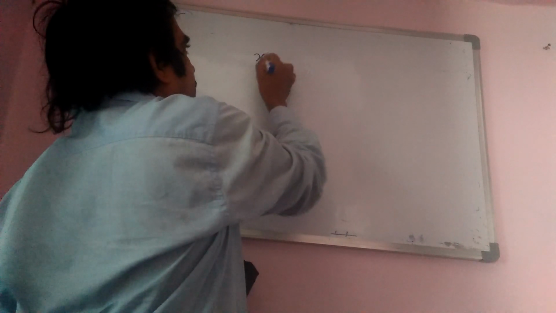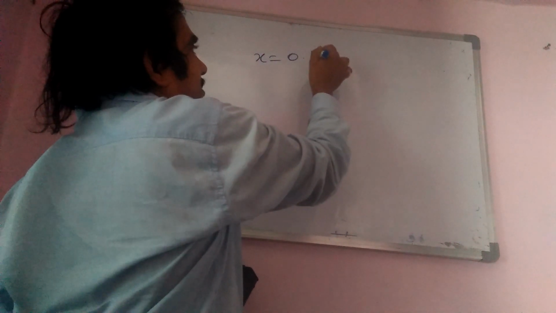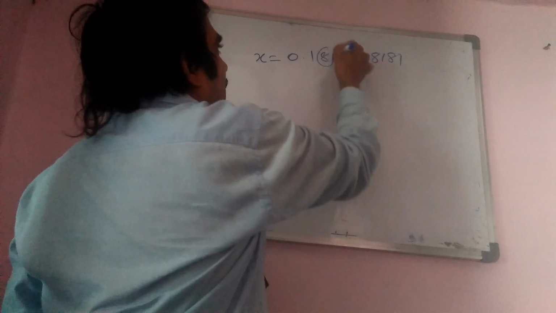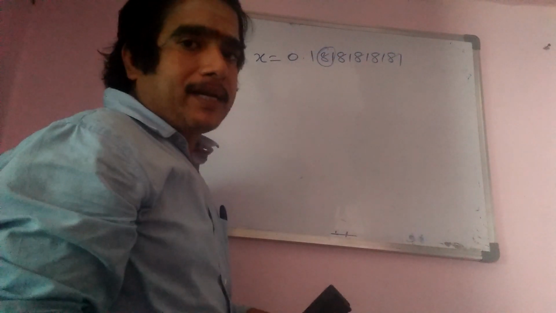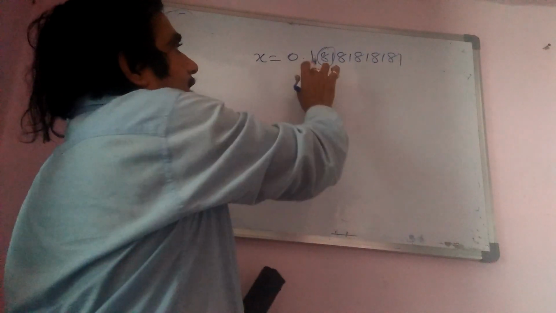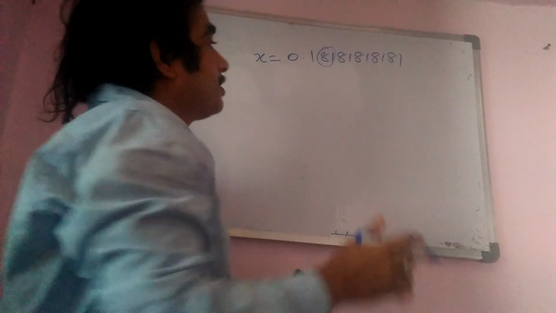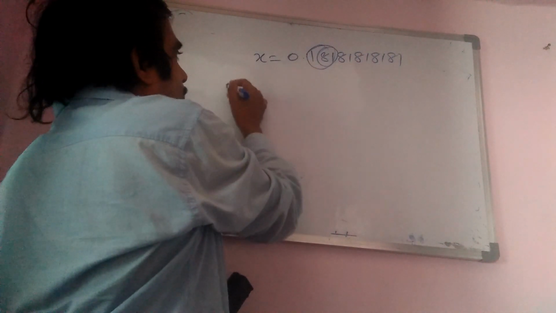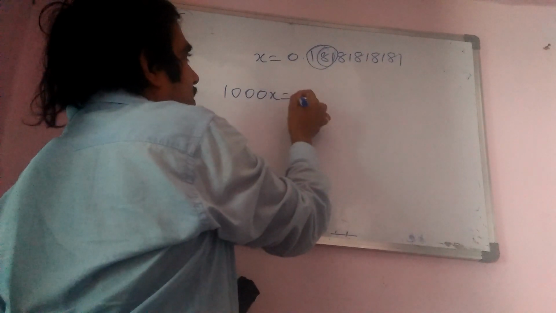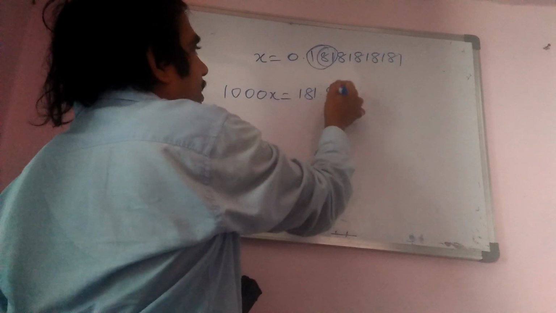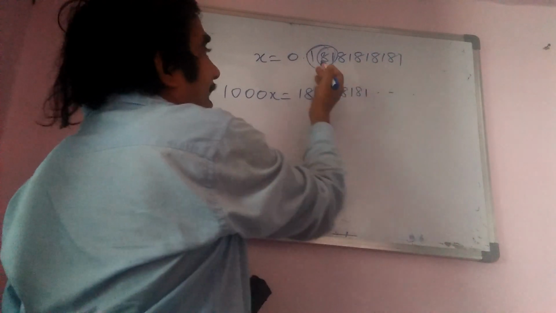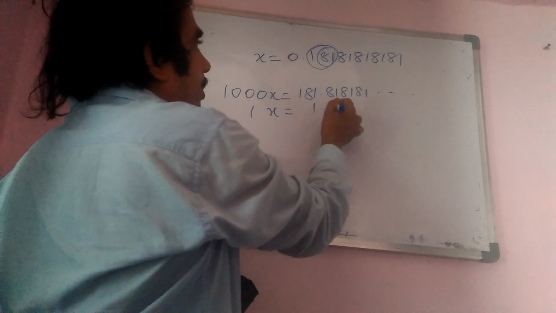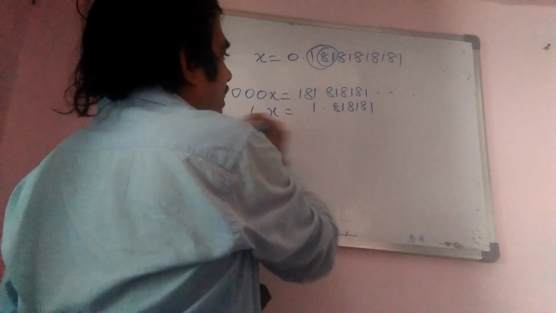I will take one more, a mixed recurring decimal. How will the mixed recurring decimal be there? 0.18181818181. Here 81 is repeating, but the 1 is not repeating. So the first digit remains as it is, and after that the repetition will start. So how to do this problem? Well, first what we have to do is, this 181 we have to bring to this side. To bring that side, I am multiplying with 1000. 181.818181, and next time I should bring only 1. 10x is equal to 1.818181. I think all of you understood.